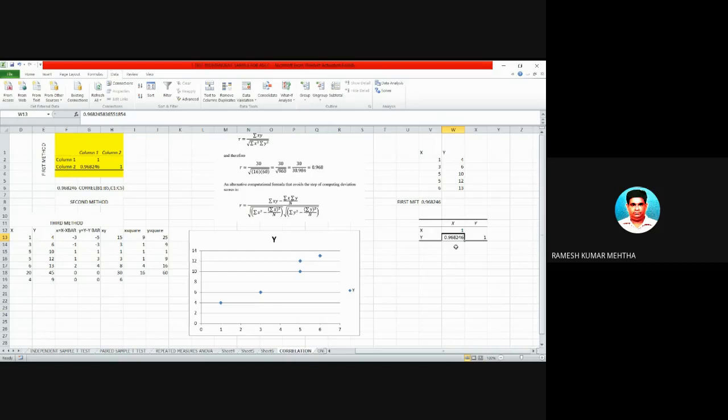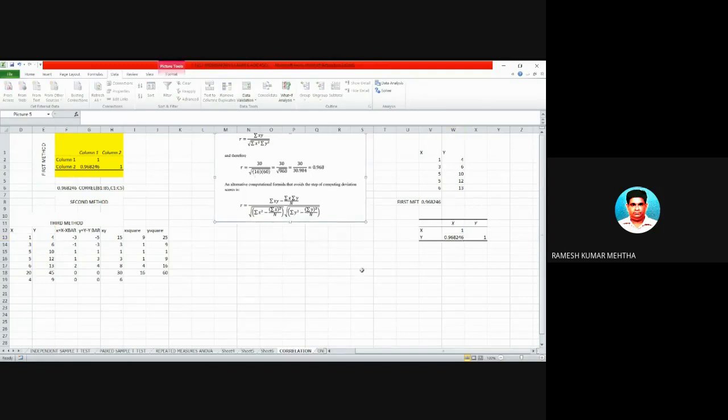Now you are not interested in either method 1 or method 2, but you want to learn method 3. So for method 3, which is the manual method, I want to find out by using the formula.